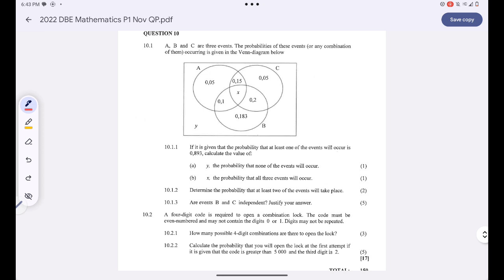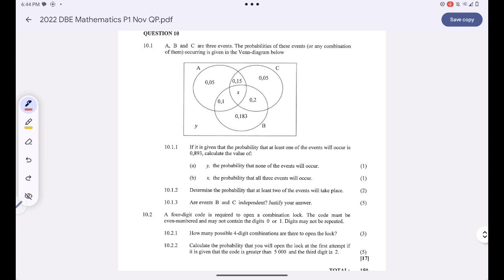A, B, and C are three events. The probabilities of these events or any combinations of them occurring is given in the Venn diagram below. We are told that the probability that at least one of the events will occur is 0.893, which simply means that